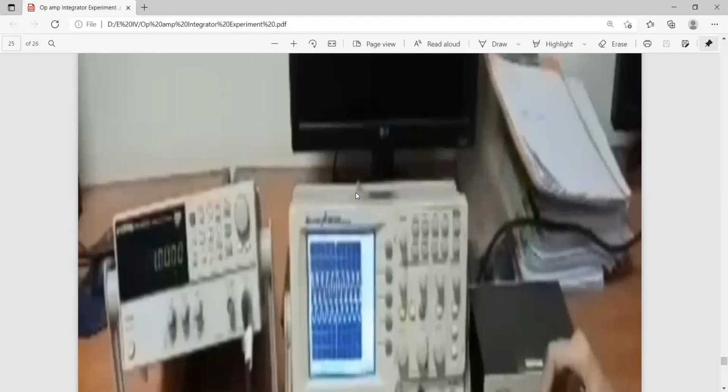So the frequency response of the integrator, first you can find out the frequency response of the integrator. Later you can go for the conversion of the signals. Apply some input, let us assume a sinusoidal waveform at a particular frequency, then slowly increment the frequency. What is the shape of your output? The peak to peak amplitude, is there any change in the amplitude?